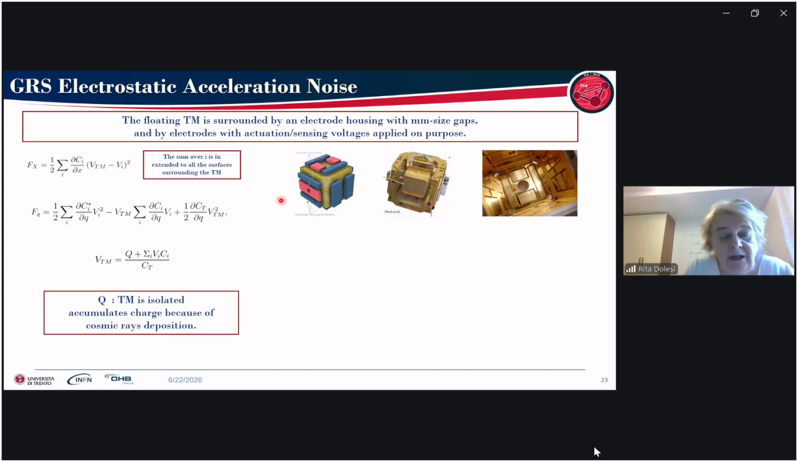The other source of noise that is under the responsibility of the GRS is related with electrostatics. So the test mass is surrounded by an electrode housing with millimeter gap size and by electrodes that are used both for actuation and sensing. Hence, the test mass is subject to a variety of effects that are induced by electrical forces. So here is the well-known formula for the attractive force between plates of a capacitor. We can expand the square and see which are the